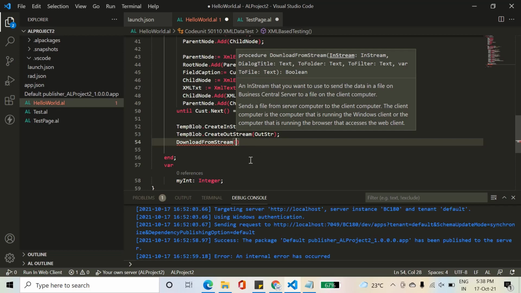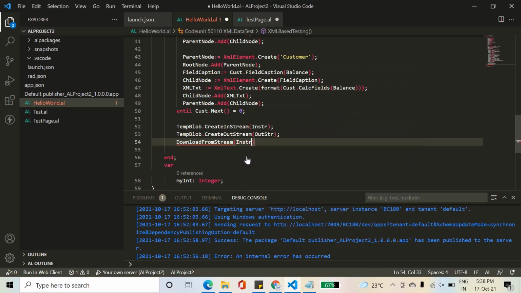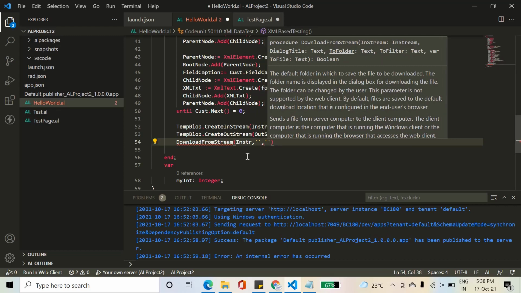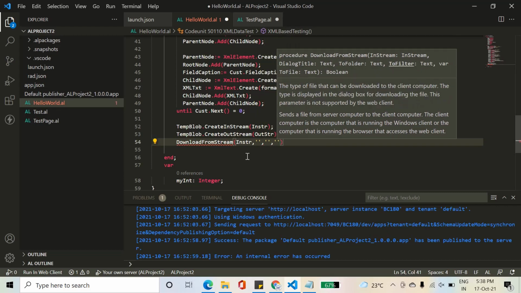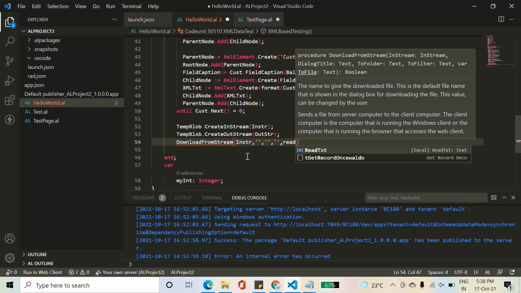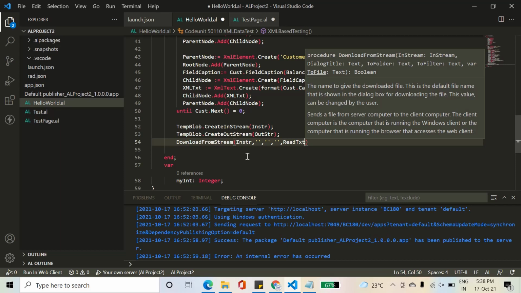Okay, so I can write like this. For the rest of the parameters I can keep it blank until the last parameter, which will in our case be read text. I've already added a text type. So this is all it takes if you want to download the data from the stream, from Business Central in our system. So we need this type of code,